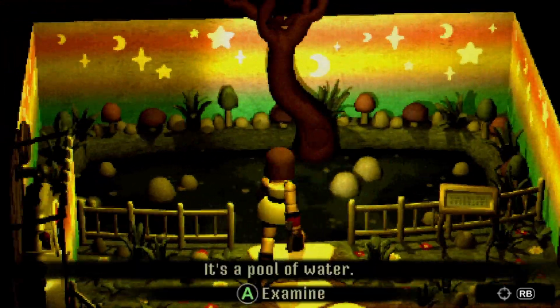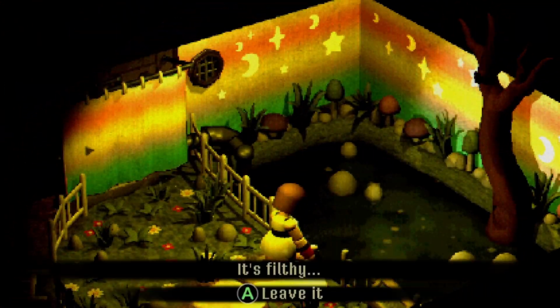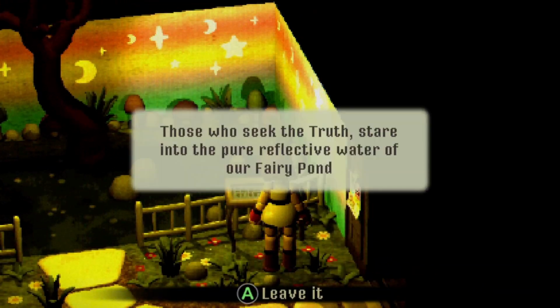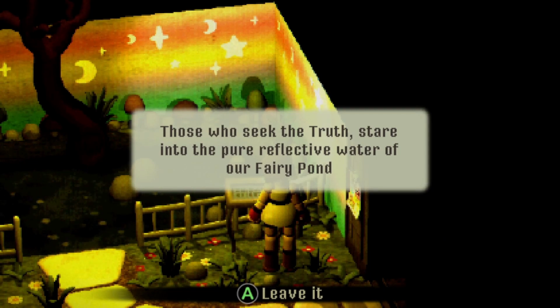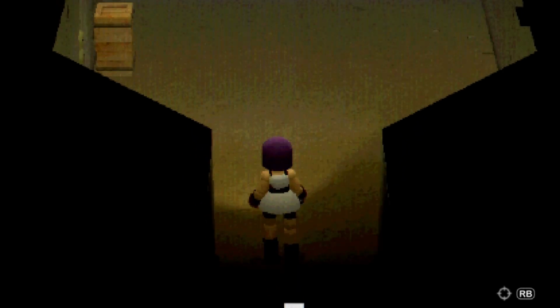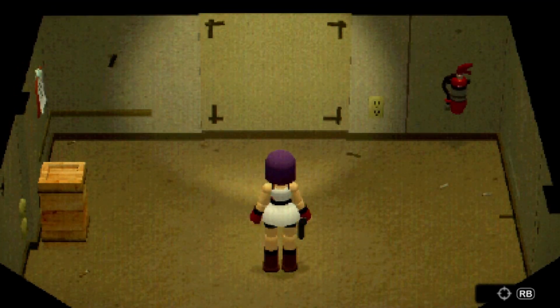I see. It's a pool of water. It's filthy. Yeah. I mean, considering this probably was abandoned for like 10 years or something, 18 years maybe. Those who seek the truth stare into the pure reflective water. It's not pure. Kind of want to see what's continuing back here. There is probably something under it, and that is the water control system, so...